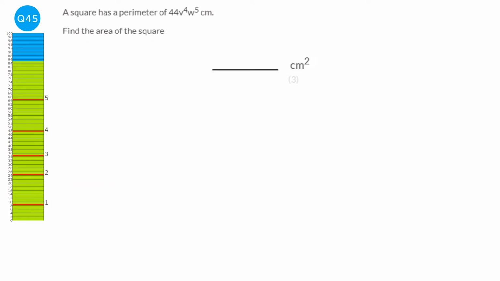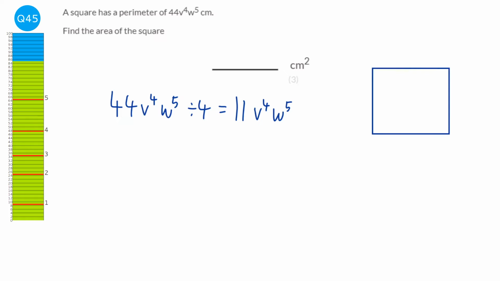So we need to first of all work out what the length of the side of the square is. And to do that, what we do is we get the 44v to the power 4, w to the power 5, and we just divide it by 4. And to do that, all we need to do is just divide the coefficient by 4. So it'd be 11v to the power 4, w to the power 5. Some people will try and do something with the v to the power 4, w to the power 5, but if you think about it, if I just draw out my square, if it's 11v to the power 4, w to the power 5 all the way around,